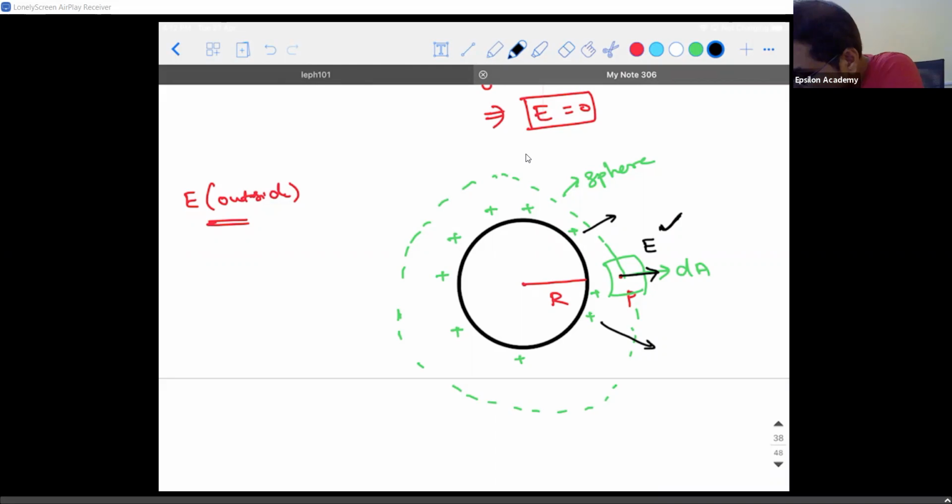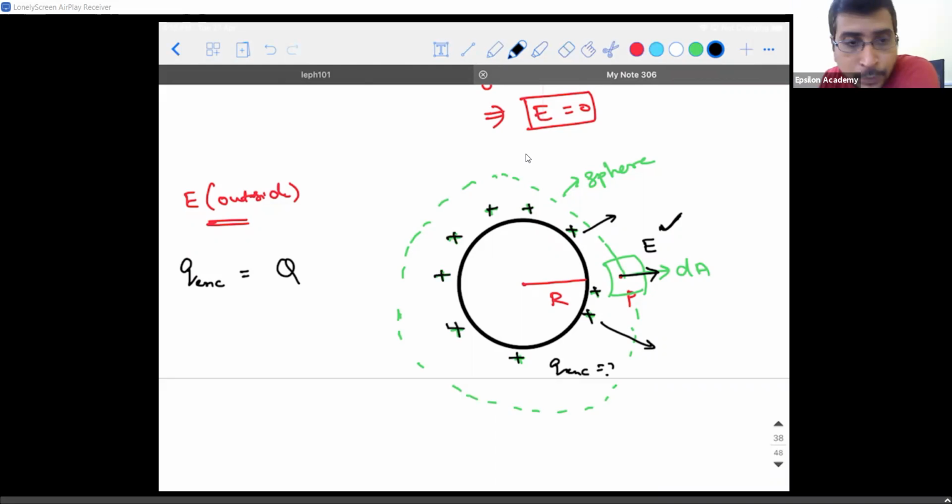Find the total charge. So Q enclosed is how much? Q enclosed is equal to capital Q. That is the total charge, the sum of all these positive signs put together. I wrote it as capital Q. Do you guys remember that? I wrote it as capital Q by 4 pi r square. No, that was charge density. So the total charge present is capital Q, or I can write this as sigma into 4 pi r square.